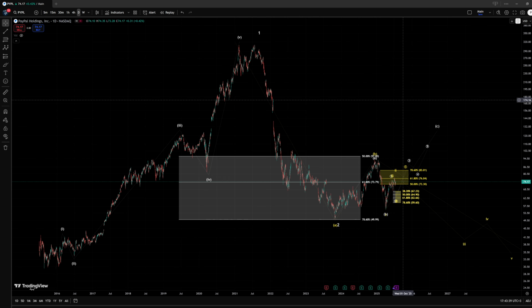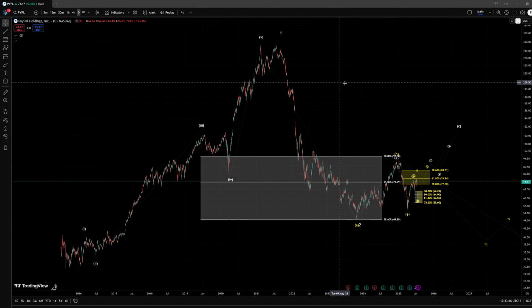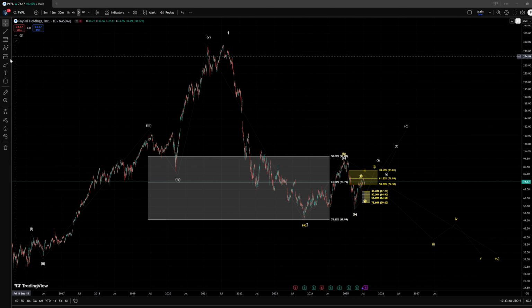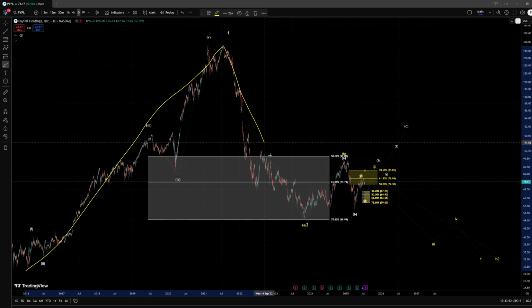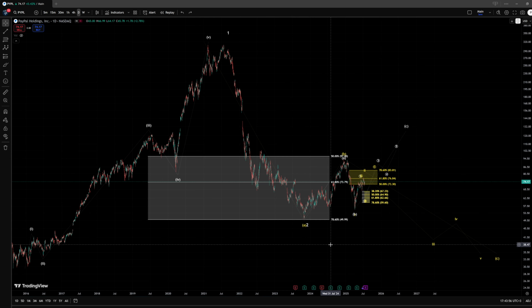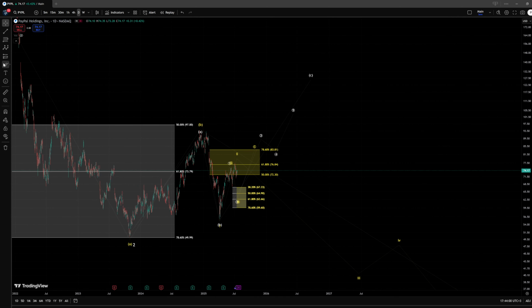Today we are looking at PayPal. I wanted to do an update since I have some thoughts on the latest movement that has happened. And overall we start with this wave 1 to the upside, and then we had a possible wave 2 correction here. And now we are tracking to find out whether we have more direct upside, either in a diagonal in